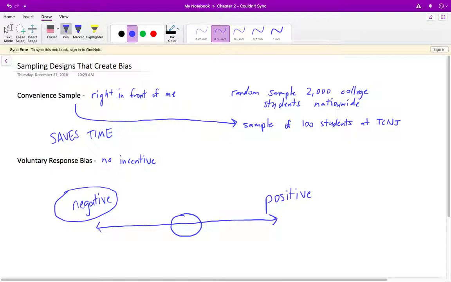So these are two sampling designs that we probably see the most: convenience sampling and voluntary response, and a combination of the two. However, even as common as they are for gathering data, they create huge biases. So it's our goal, you're never going to totally eliminate bias, but our goal is to try and reduce it as much as possible and to minimize it so it doesn't become an issue and it doesn't misrepresent what we're trying to prove.